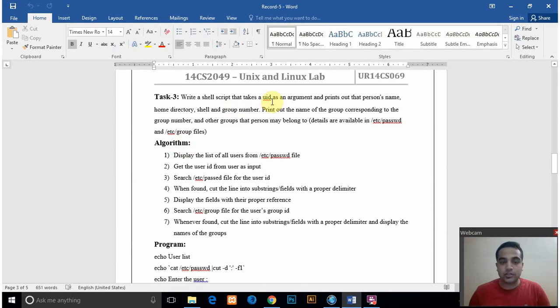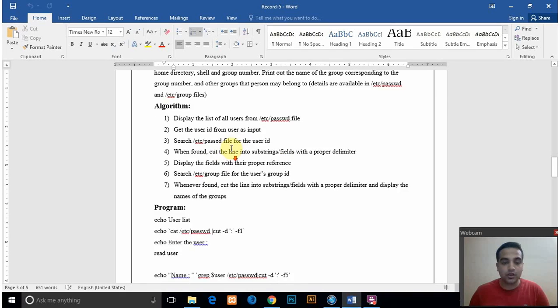The next question is to take UID as an argument and print the person's name, home directory, shell, and group number. This we will get from the /etc/passwd file, and then we have to print out the names of the groups corresponding to the group numbers. We will get this information from /etc/group.